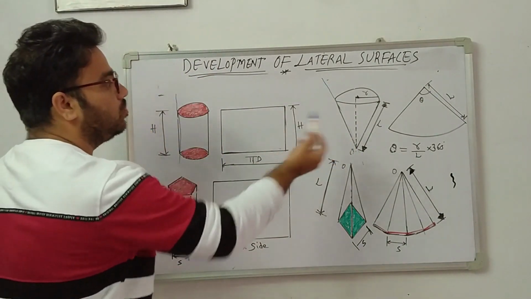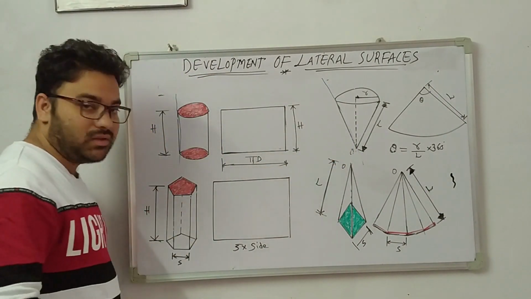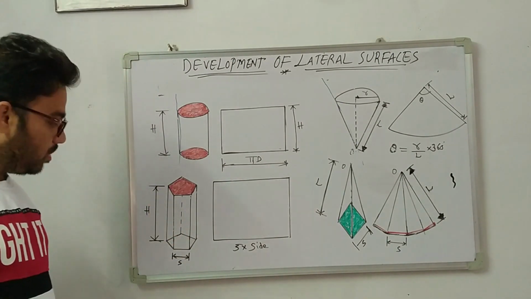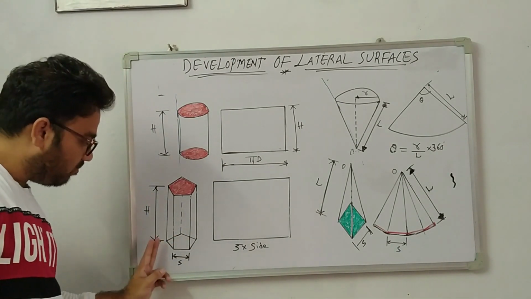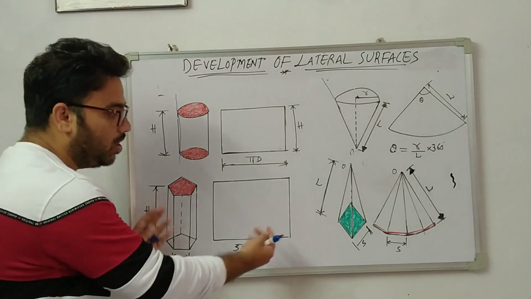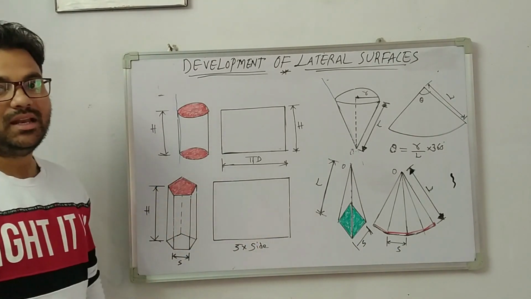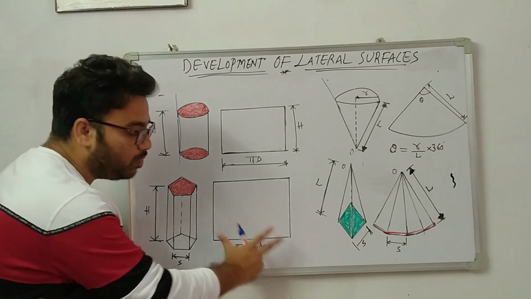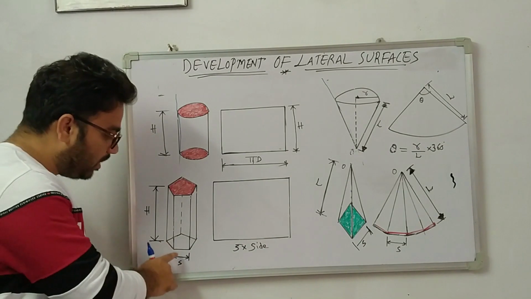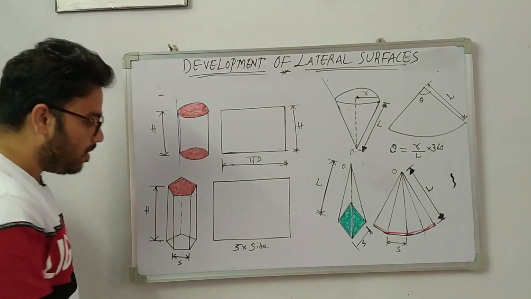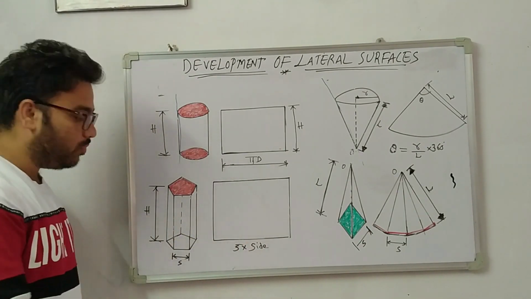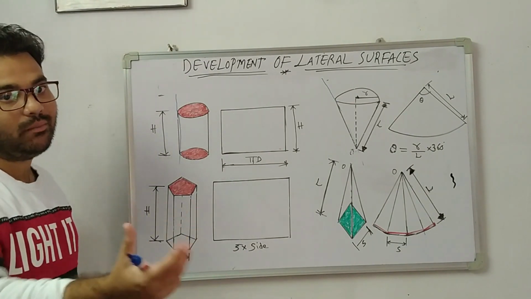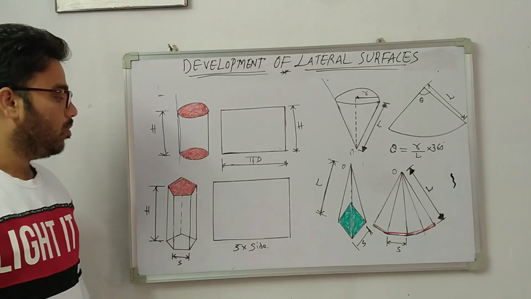Now we completed these two solids. Now we go ahead to the pentagon prism. In the pentagon prism also, the same concept. You cut one of the longer edges and open it. Again you will get a rectangle shape with respect to the height. So what should be the length taken here? It is a pentagon. A pentagon has 5 sides. So multiply 5 into the side. For example, the side is given as 40 mm. Then multiply 5 into 40. You will get the 200 mm length. So this is the portion.